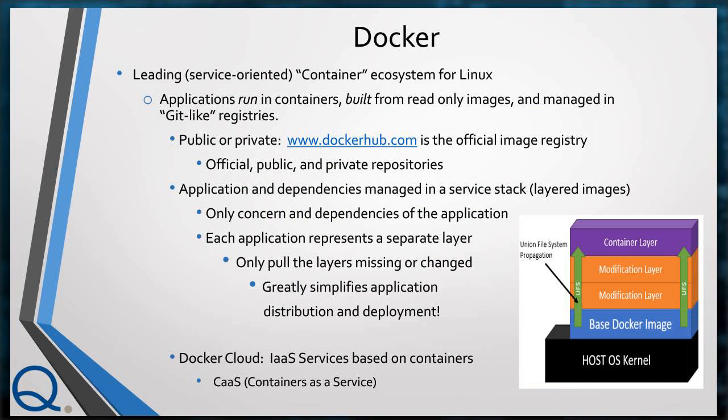So as I started to allude to, Docker is the leading service-oriented container ecosystem for Linux. And the way that these are provisioned or made available is through this notion of images. So basically, applications run in containers, but they're built from images. And these images are made available in a Git-like repository. If you go to the Docker Hub, you can see lots of official, public or private images of application stacks